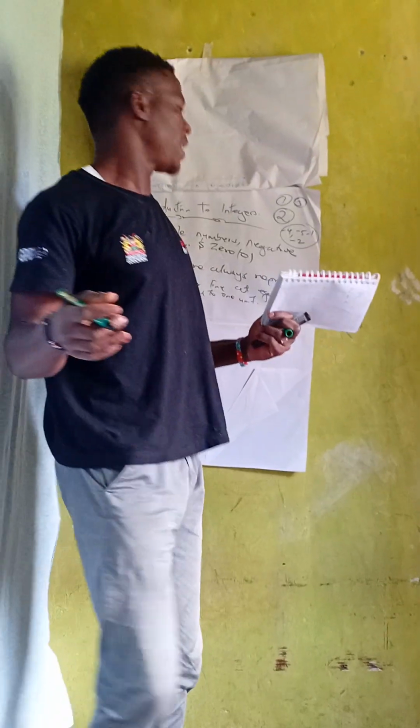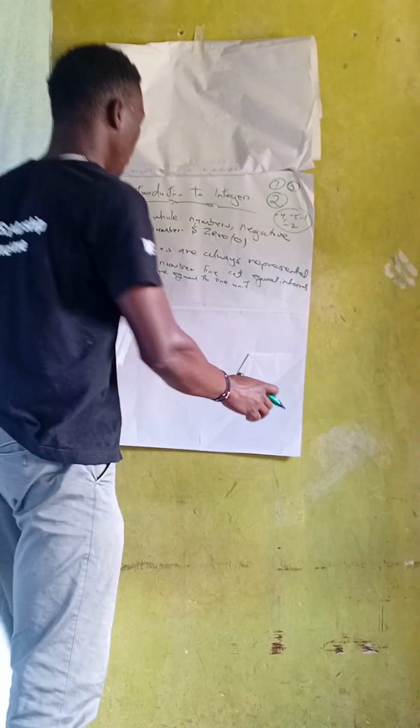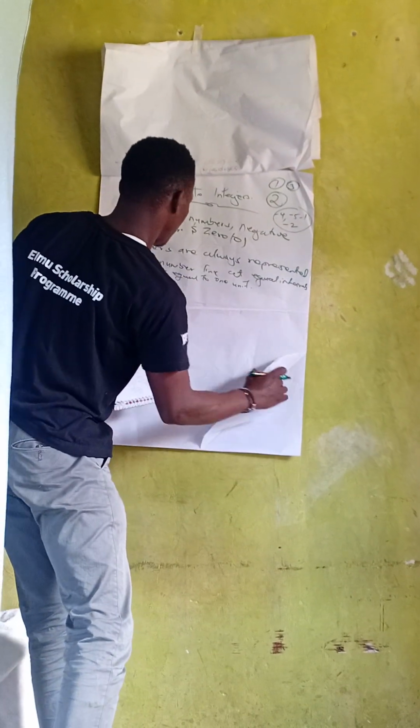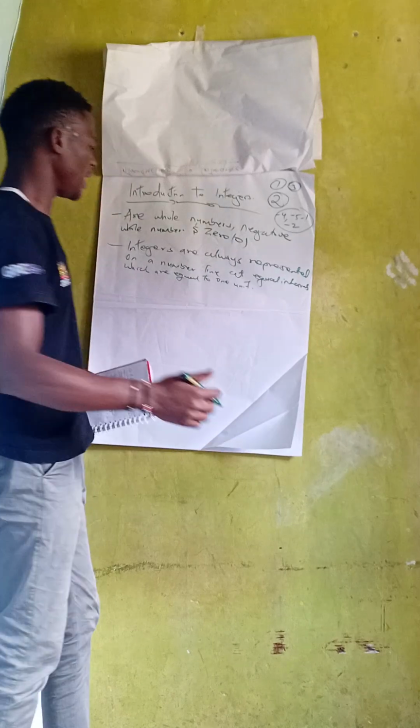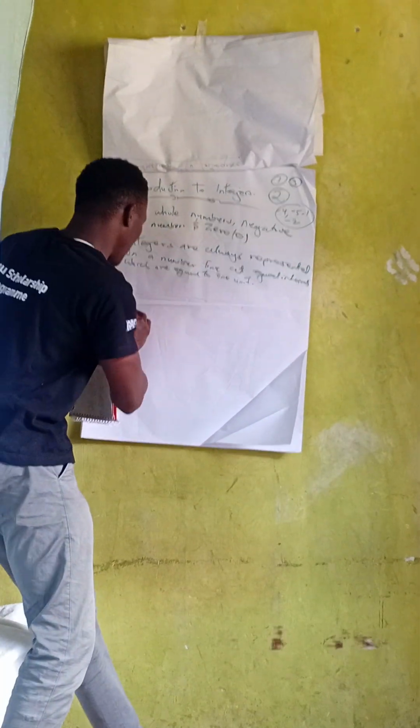What do we understand by they are represented on a number line at equal intervals, which are equal to 1 unit? Let's now see. You have a line,